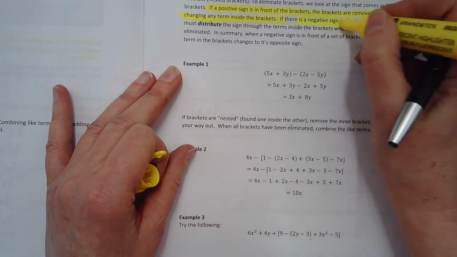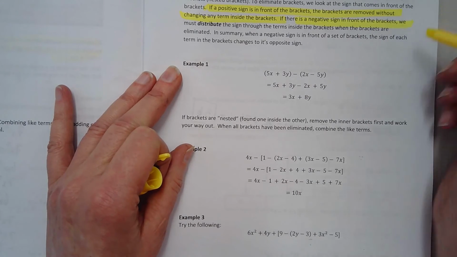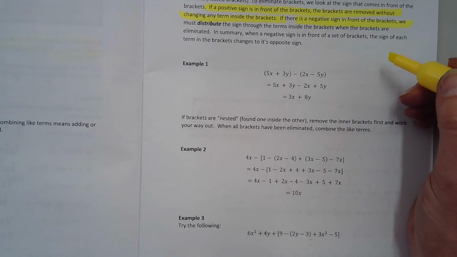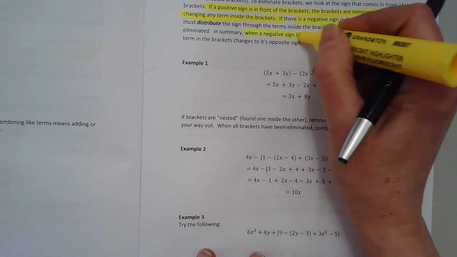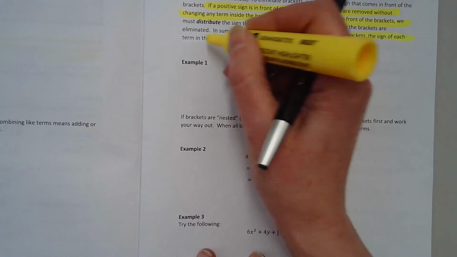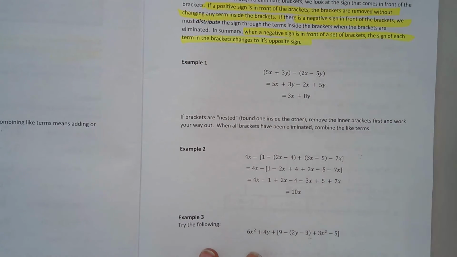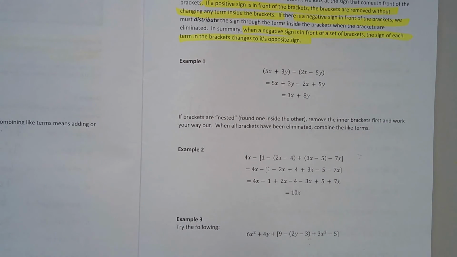However, if there's a negative sign, the sign gets multiplied through, like the negative 1 gets multiplied through. And what happens is when a negative sign is in front of a set of brackets, the sign of each term in the brackets flips to its opposite. That's the net result, right? Because once again,